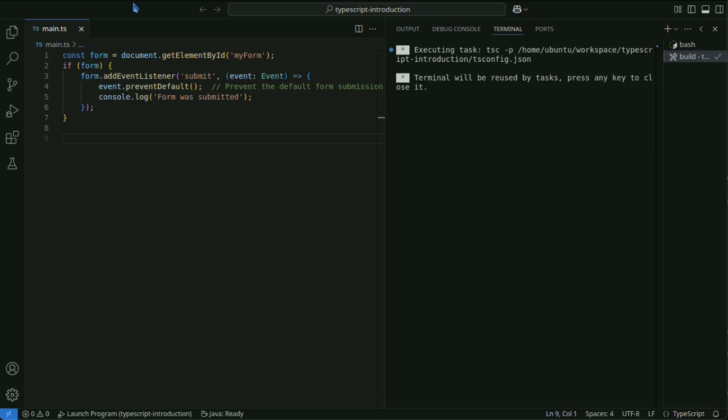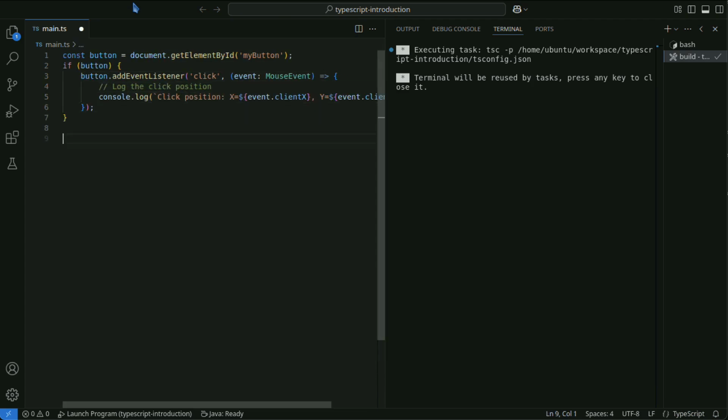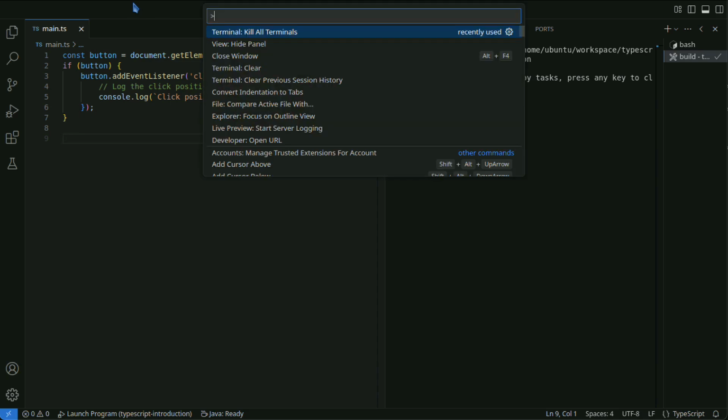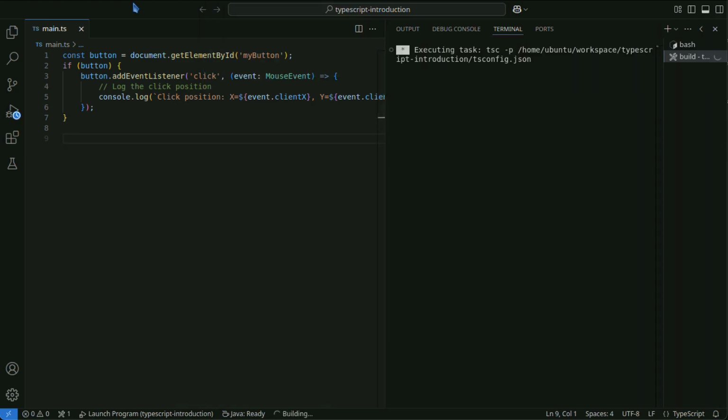You can get information about the mouse coordinates and which button was clicked. This code gets the mouse coordinates when the button is clicked and displays them in the console.